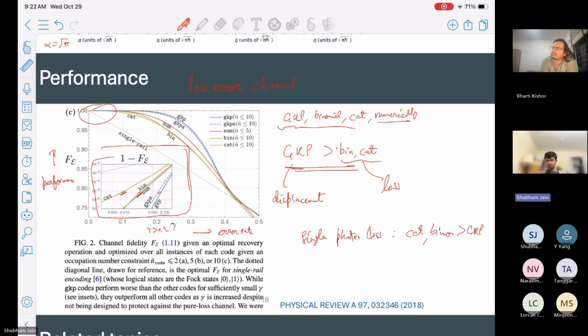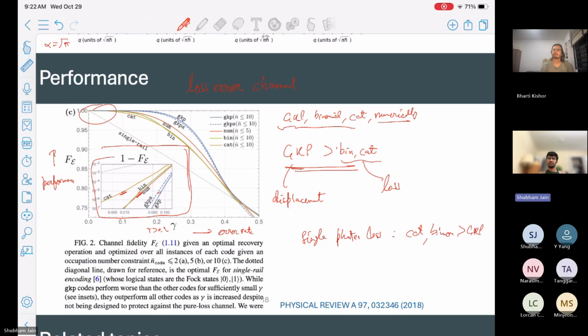So I guess one interesting takeaway from this is that just looking at the exact error correction performance or these Knill-Laflamme conditions doesn't give you the whole picture. So you can construct codes looking at these conditions, and they can serve as guidelines, but the actual practical performance might not be on par with just these